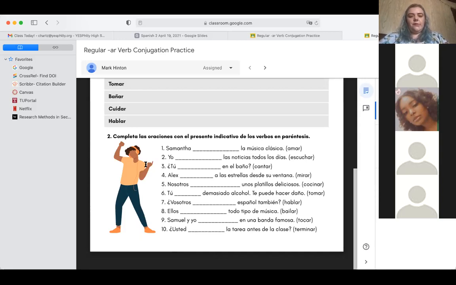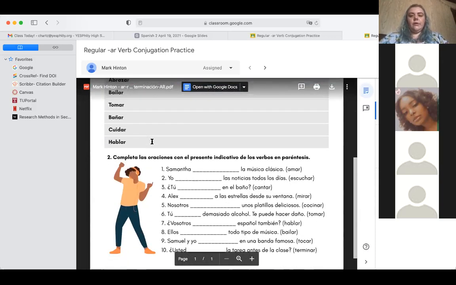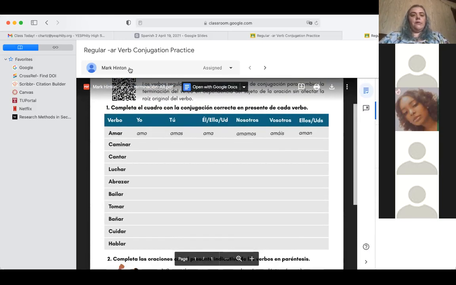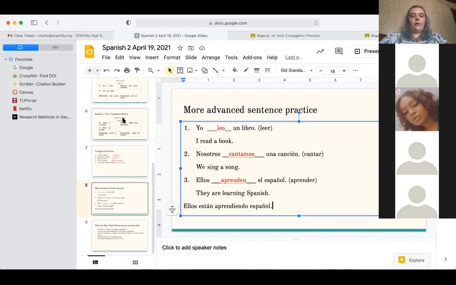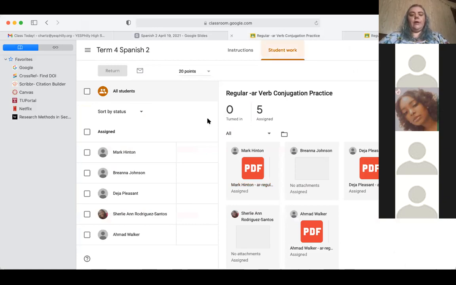Does that make sense? Does anybody want to go over this or need more help? The top joint is confusing. Okay, so let's go over this. You see how in my chart, I have it like this? They just put it like